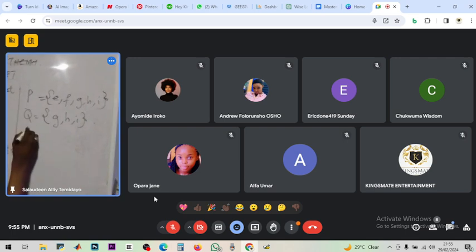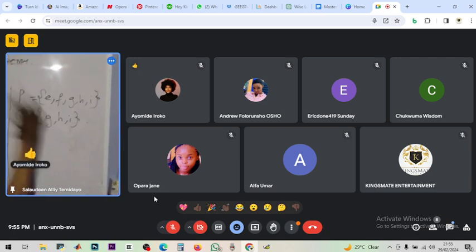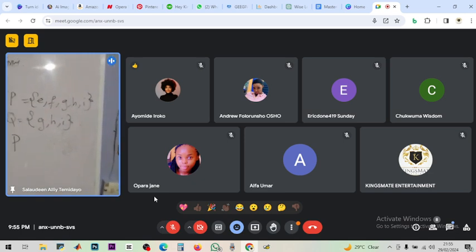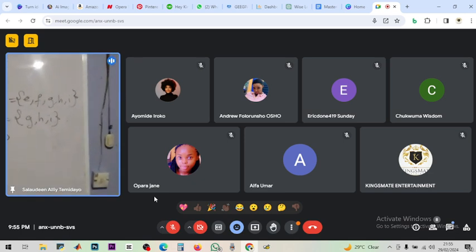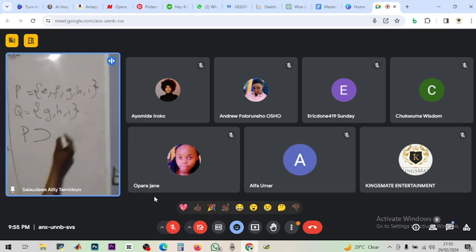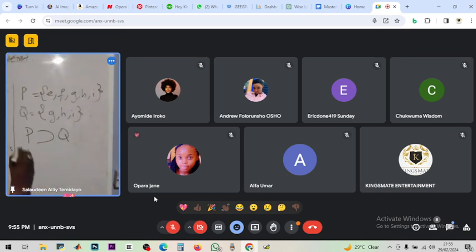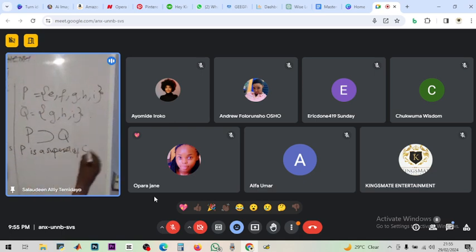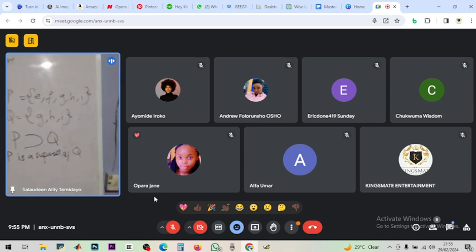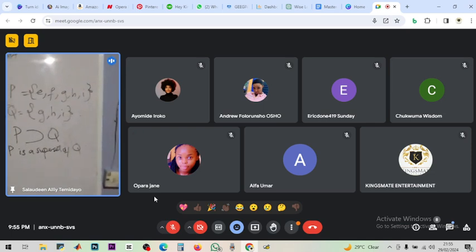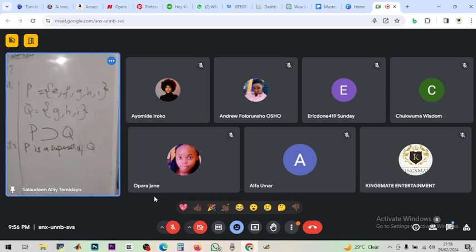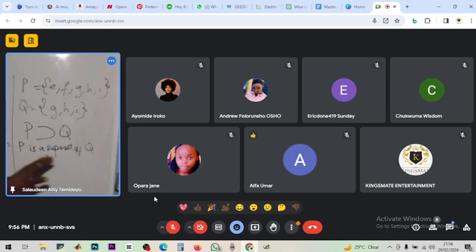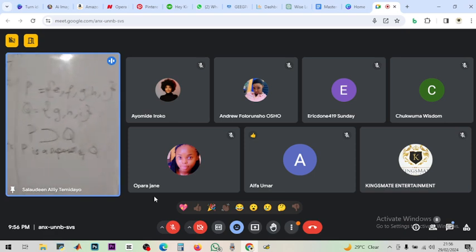So that means P is one set that is bigger than Q because it has what Q has and it still has what Q does not have. So P is a superset of Q. I told you everything is denotation here in set. We denote this by this. This is the way of denoting supersets. P is a superset of Q.